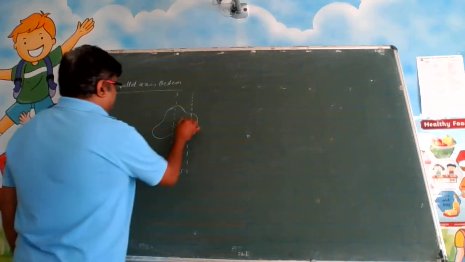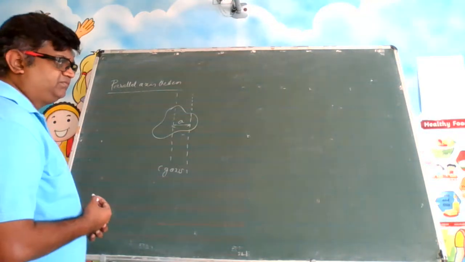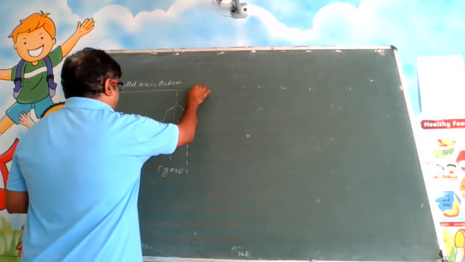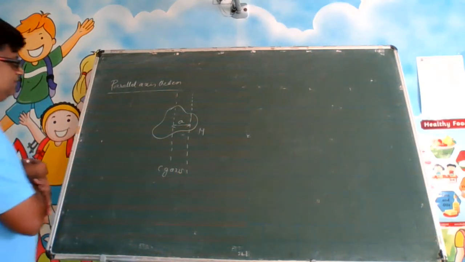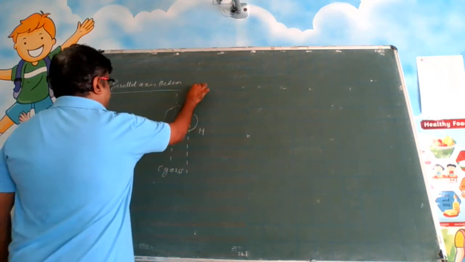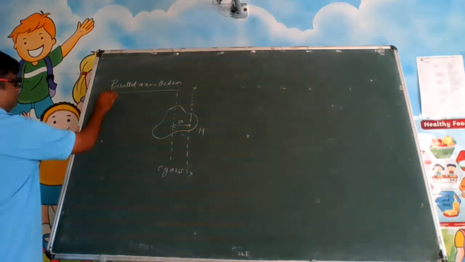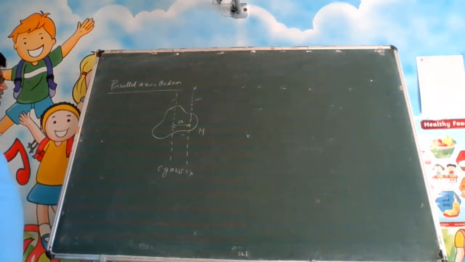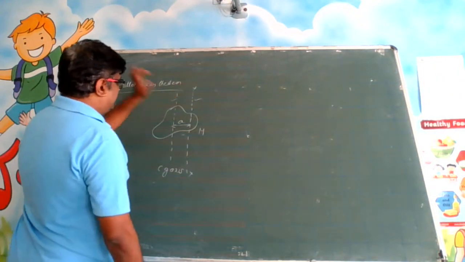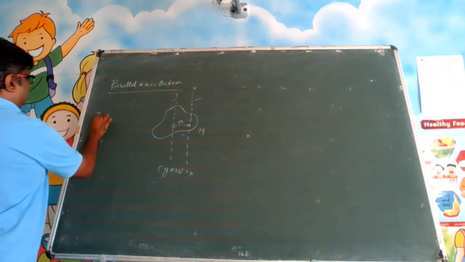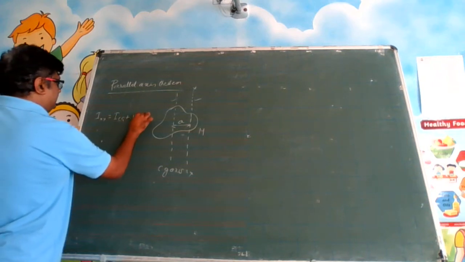So can we find this moment of inertia? You are finding the moment of inertia for a mass. Suppose this has a mass of capital M. You are finding the moment of inertia about some axis xx, and this axis is the CG axis. So how do we find it? See, this is parallel to this. This axis is the axis of rotation. So this axis is parallel to this, and we can find Ixx as ICG plus MA squared.